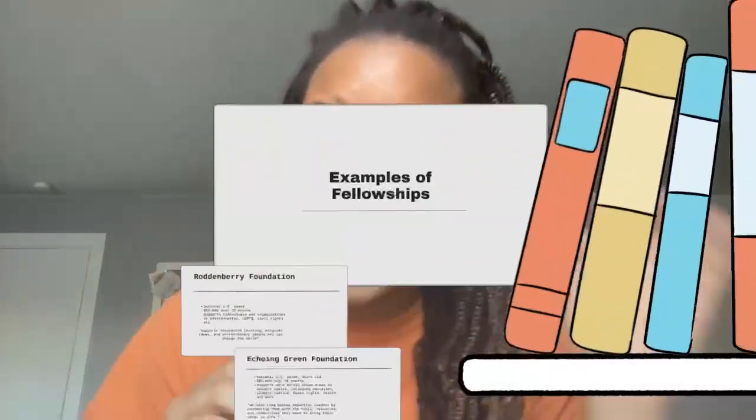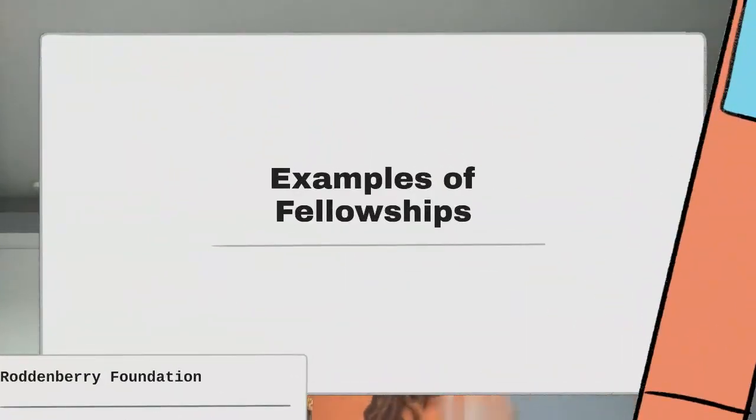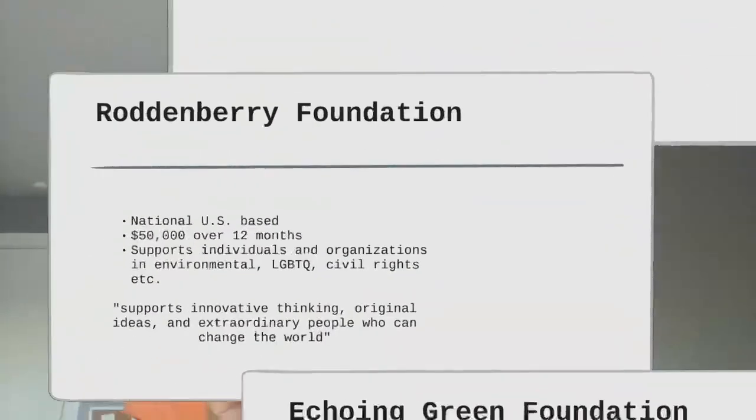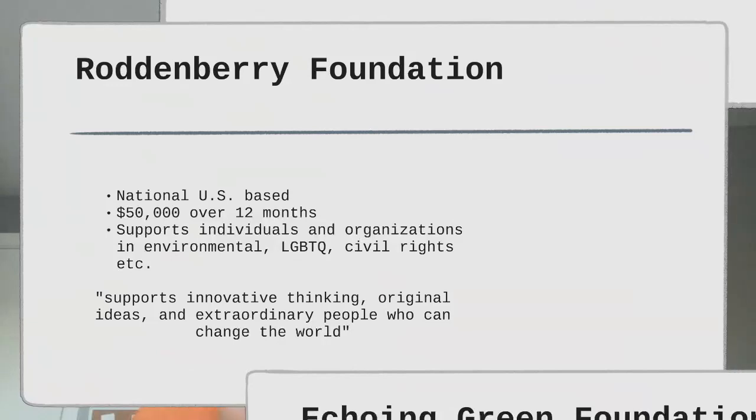So let's take a look at some specific types of grants. You might want to write these down if you see a focus area that meets or could meet a need in the work that you do. So let's talk about the Roddenberry Foundation a little bit more. It is national, it is US based. Now they do have some global types of prizes and funds. So if you're not in the US, there's still some opportunities with the Roddenberry Foundation, but I'm going to focus on what we have with this fellowship.